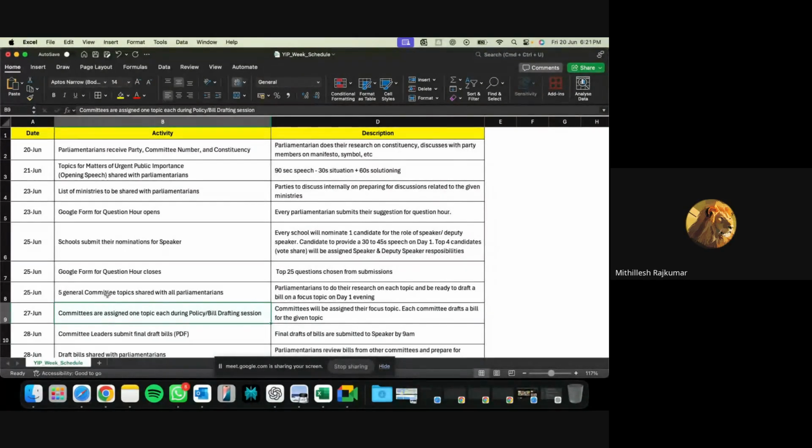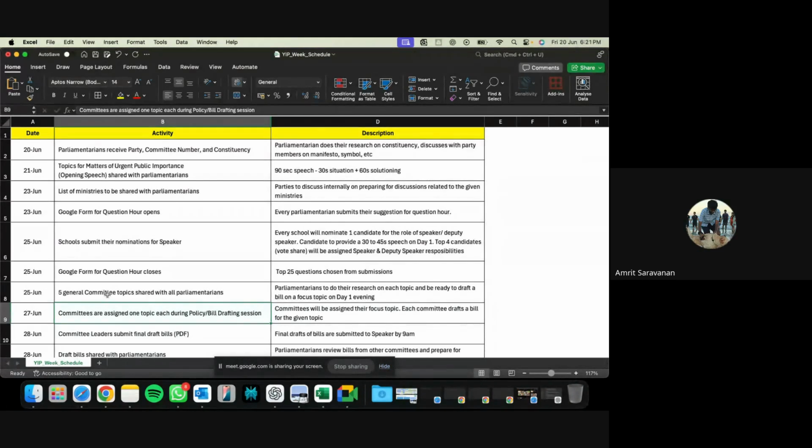Okay, sir, thank you. Sir, I have a doubt. This is a question of possibility. You told us that when a bill needs to be passed, it needs 50% plus 1, right? If there is a deadlock, you told us the speaker will vote for the bill to be passed. What if the speaker is not there? Will both the deputy speakers vote or just the one?